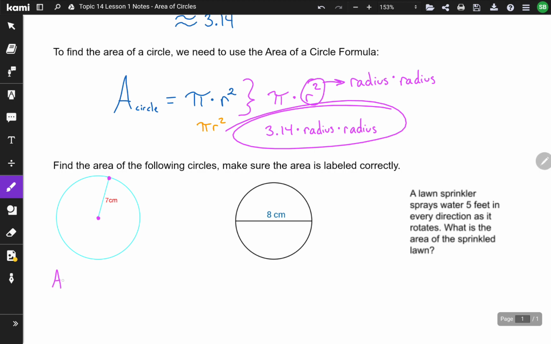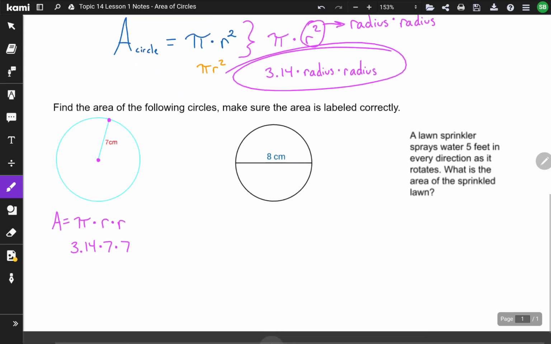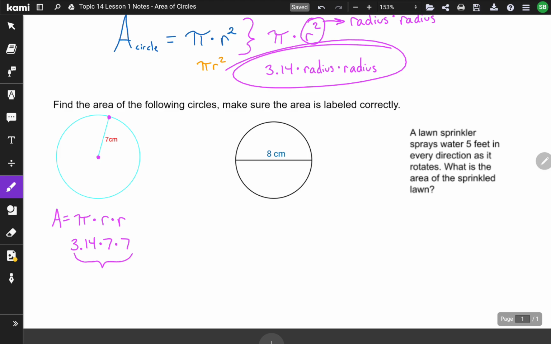My area formula is pi times radius, that r squared. Well, here we know pi is 3.14, and we know the radius is 7. From here, I'm not asking you to show your work. You don't need to break down the steps. Right here, type 3.14 times 7 times 7 into your calculator, and then that will be our area. So 3.14 times 7 times 7, I got